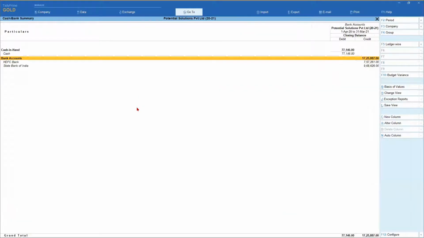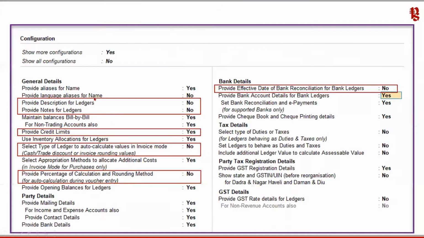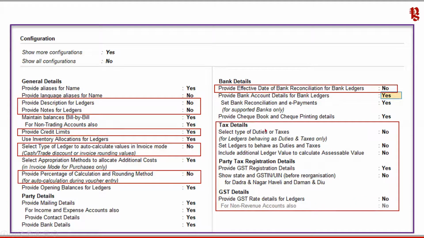Escape. Let us come back, and then we will now see another option by enabling the option of show all configuration. So once we enable this additional configuration of show all, what is that extra thing that we are going to see? Okay, before that, these are related to the compliance module. That is when you are enabling GST or TDS or TCS, then you have this option. So again, we will discuss this in detail when we get into the compliance module.